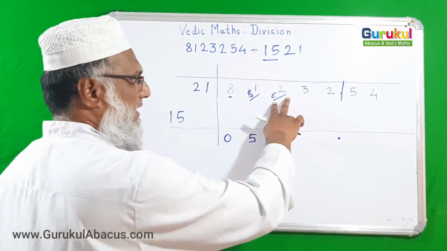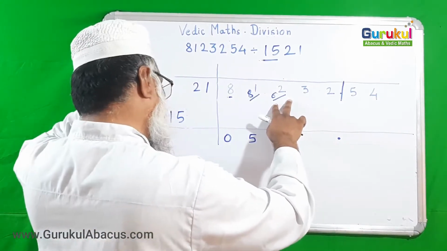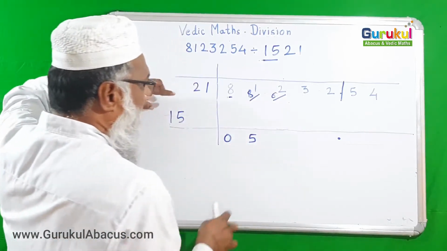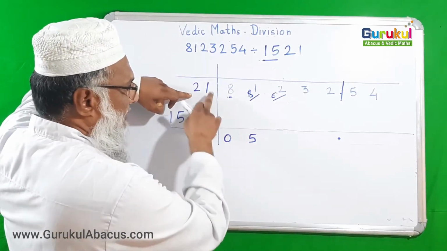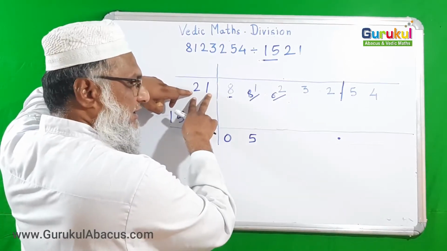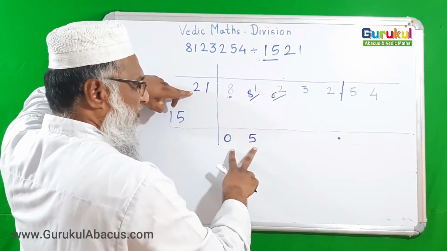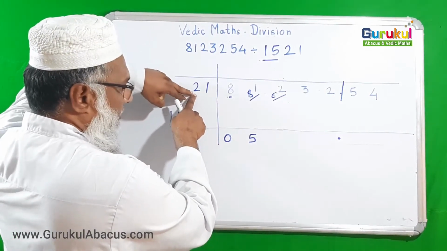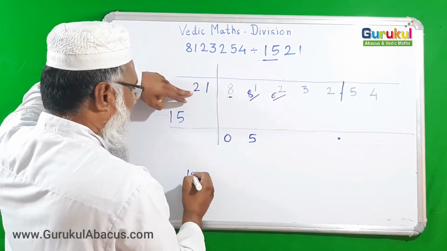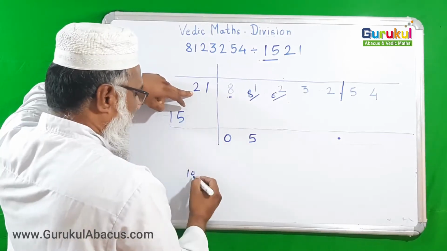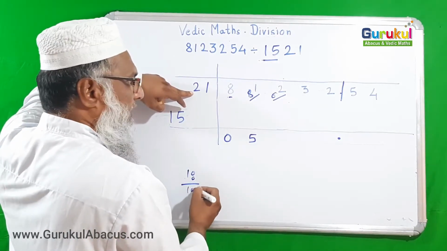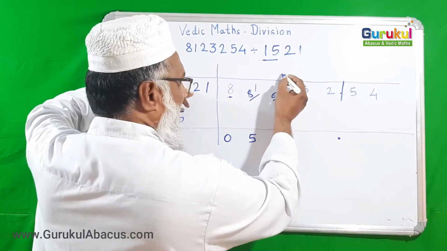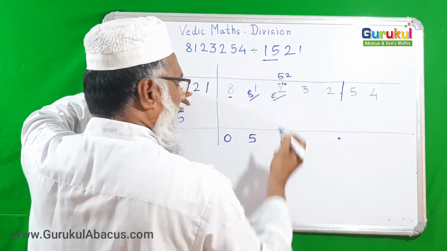So here I have 62. Before taking 62 for division, I should subtract something. And what to subtract? The product of the cross multiplication. Two flag digits are there, and the answer has two digits. Now cross multiplication: 2 5s are 10, and 0 1s are 0 itself. Together they are 10 only. So 10 I should subtract from this 62. Finally I am getting 52 for further processing.